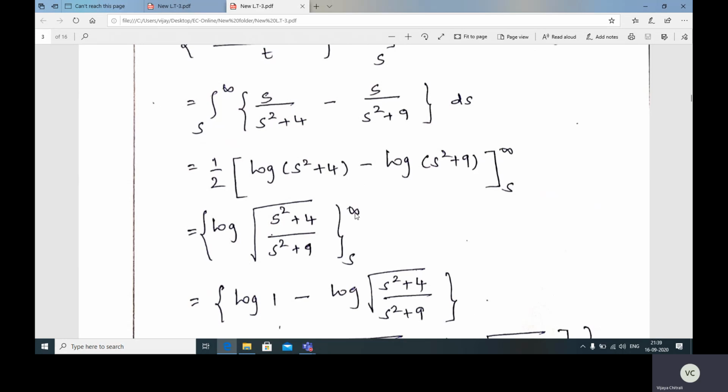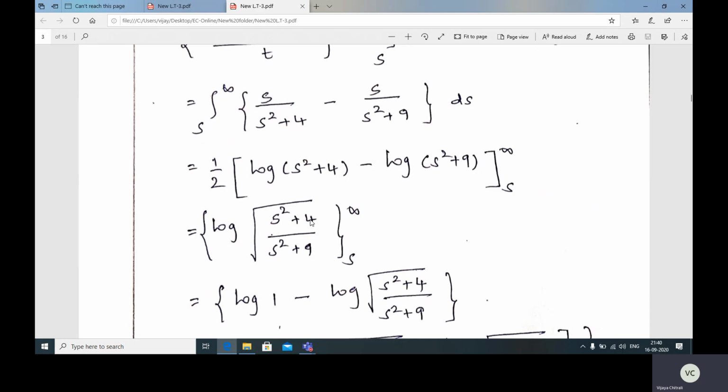So yesterday we have discussed how to substitute when infinity is there. So here take s square as common, and inside you will get 1 plus 4 by s square, and here also s square as common, so you will get 1 plus 9 divided by s square. So both s square get cancelled. Now you substitute s as infinity, so 1 plus 4 divided by infinity.